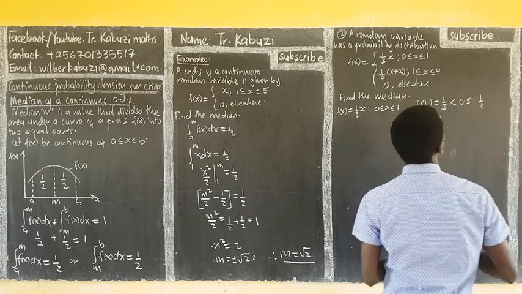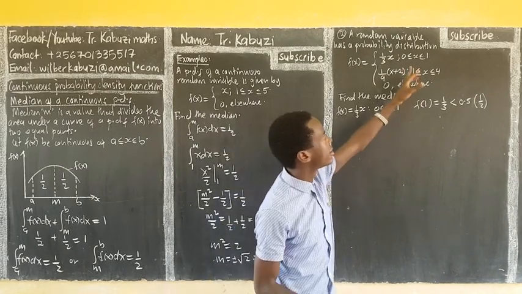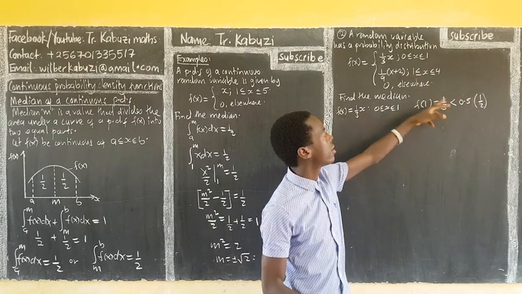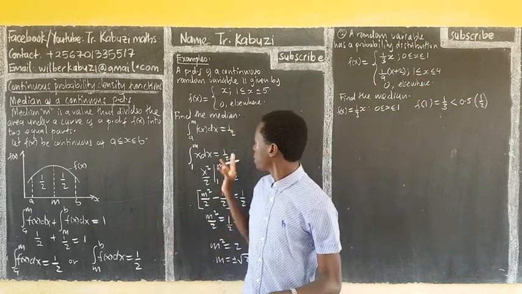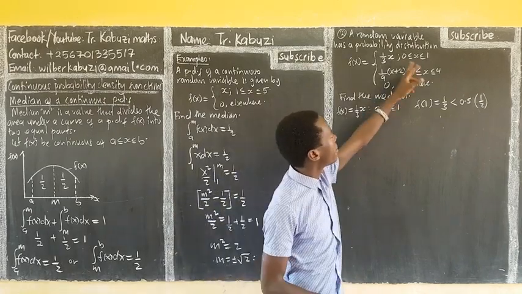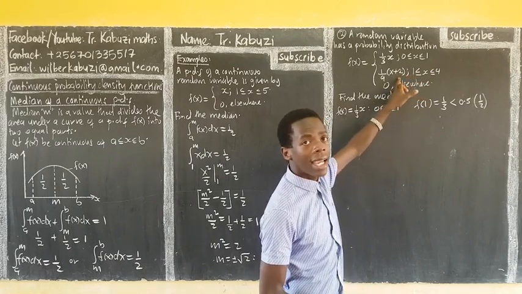Less than a half. It's important, it's less than a half. So it means that now our median is not here, because the value we are getting is not less than 0.5. But we say our median is the value which is going to be according to a half. Now it means that we are now sure that it's going to be in the second